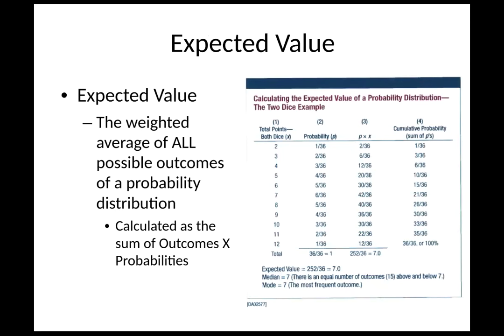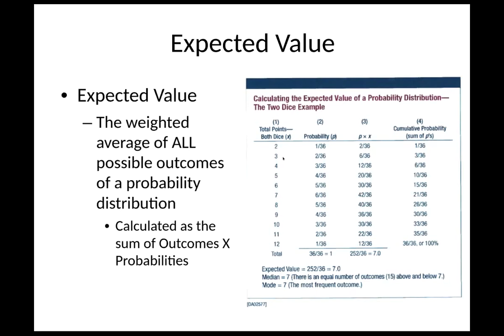So again, I think they add a little bit extra information of how you might look at it from a graph standpoint. And by the way, there is an error in this, and I'll show you that here in a moment. So the expected value is the weighted average of all possible outcomes of a probability distribution. It's calculated as the sum of the outcomes times probabilities. So we think of the average when we talk about what's expected, and this is usually a term used in actuarial studies, based upon confidence level. Well, the expected value, as it talks about, is the weighted average of all possible